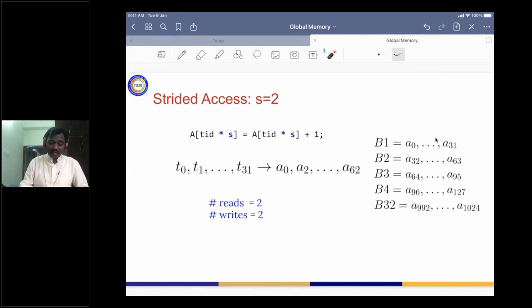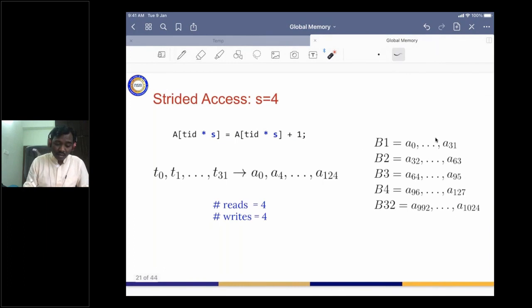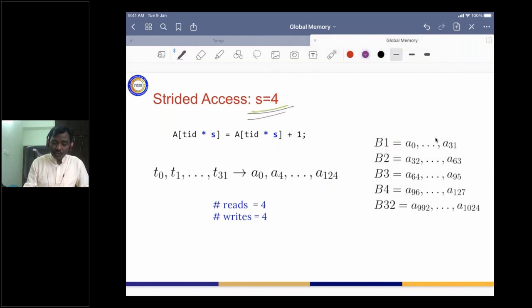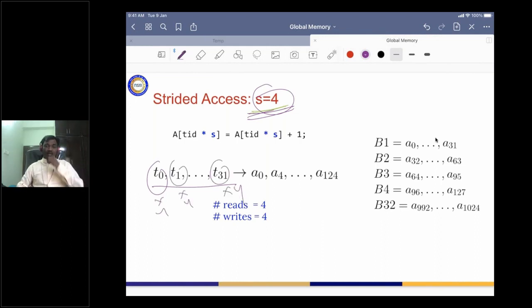Now let us increase the value of S to 4. What is going to happen now? Again the same threads: you multiply 0 with 4, 1 with 4, and 31 with 4. Thread 0 is accessing A0. T1 multiplied by 4 is 4, so T1 is accessing A of the 4th location.